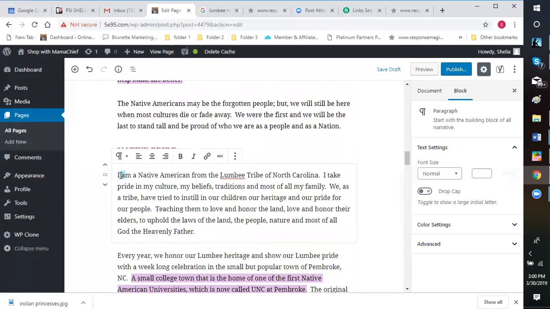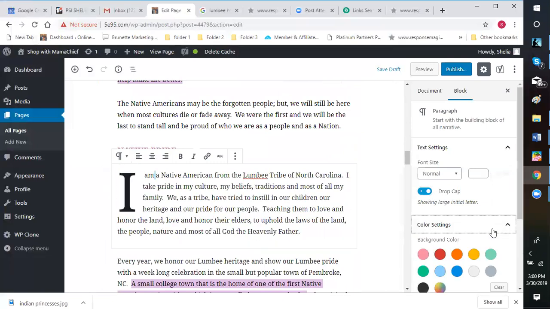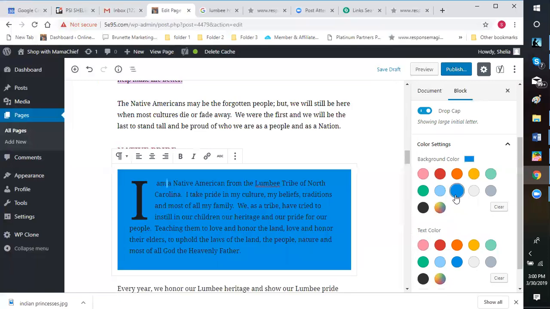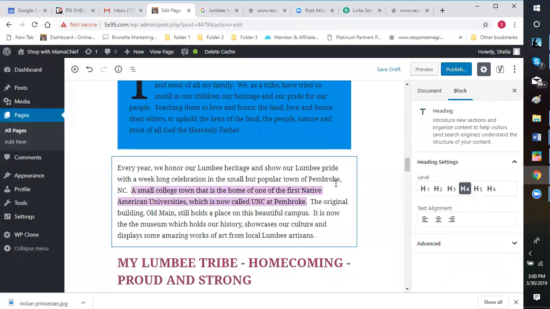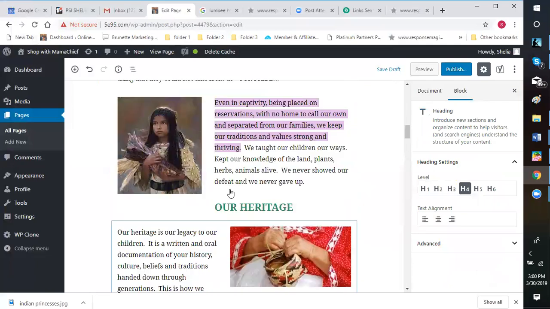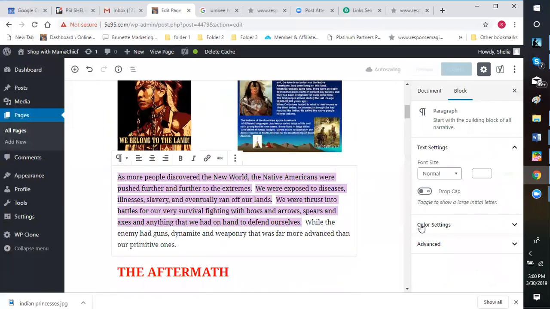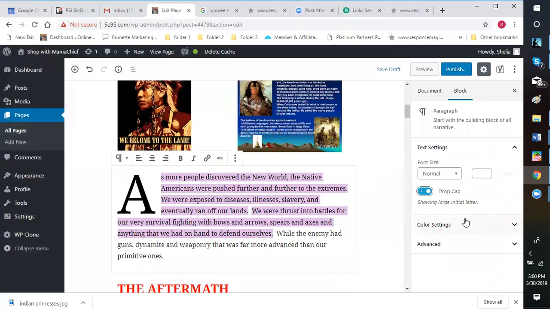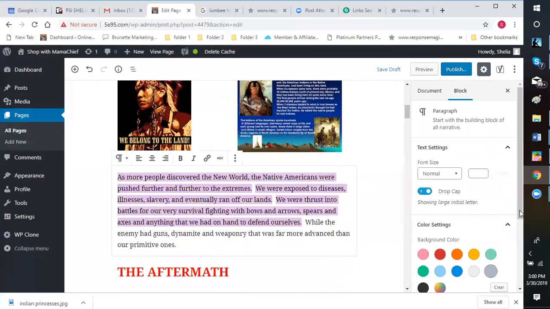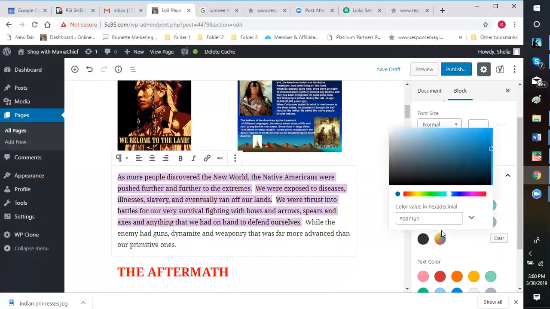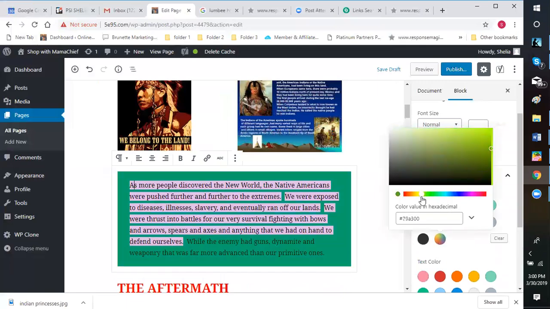and let's make this a drop cap. And I'm going to drop cap that. And then I want to change this color setting to, let's do a turquoise background. So I like that. And let's do another color setting. This one here, it doesn't have a picture. We're going to do this as a drop cap. And I want my color setting to be,